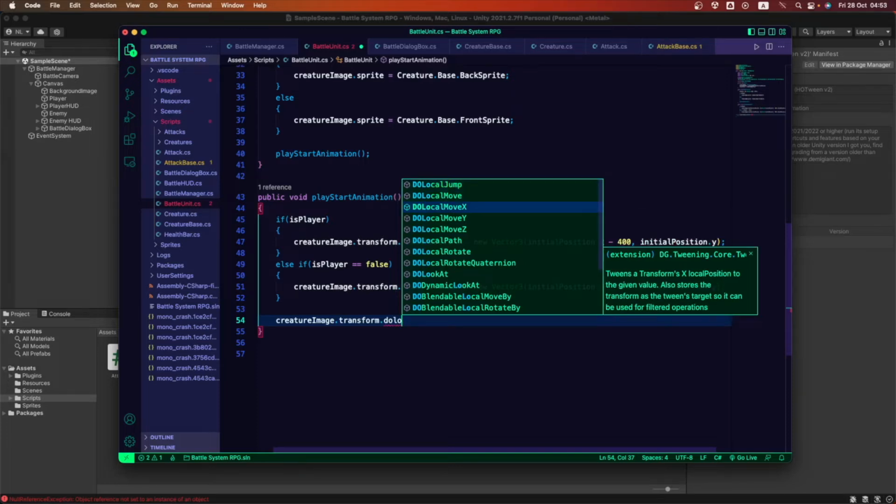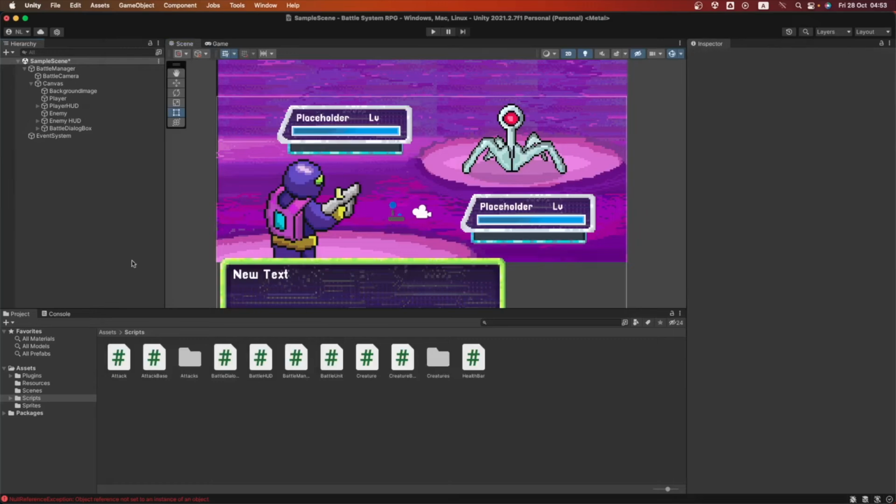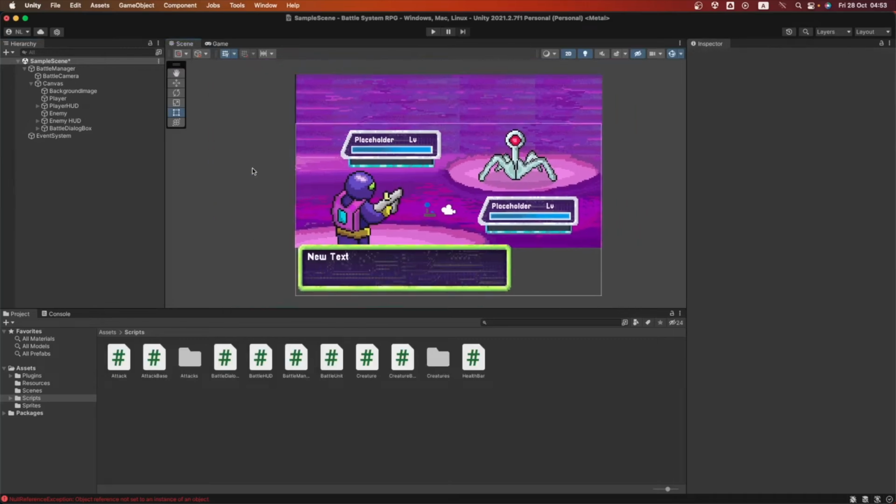That is the one that we're gonna use, and this is where resides the power of DoTween, because DoTween is gonna create the frames that we need for the animation. For this animation, it's gonna create all of the frames, and it's gonna be using just one line for all of this to be working.